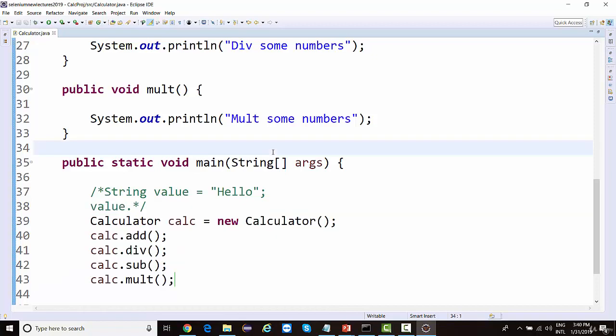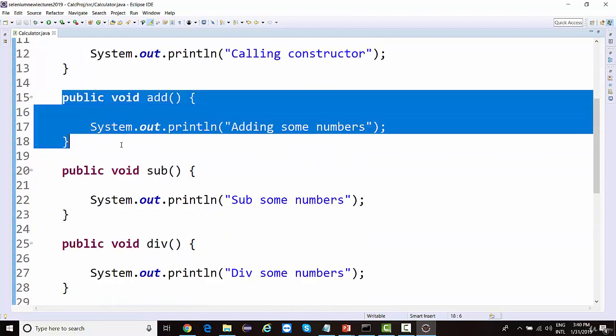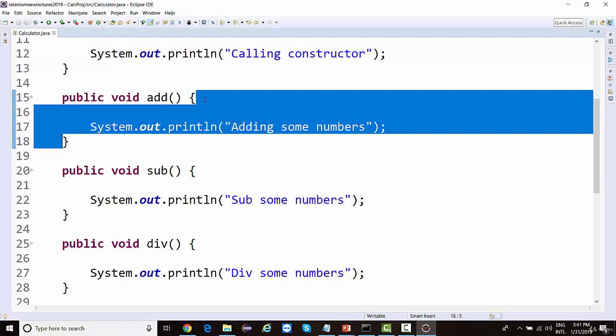We are actually designing a project, a simple Java project, a calculator, in which let's say I've created an addition method, and inside this, let's assume I've written some 300-400 lines of code with a very complex logic.